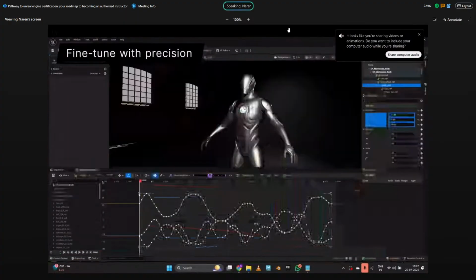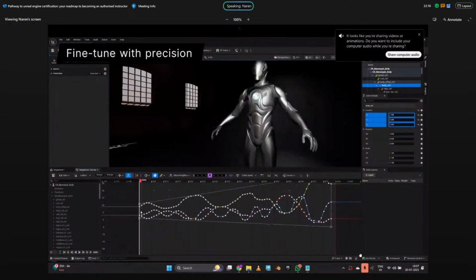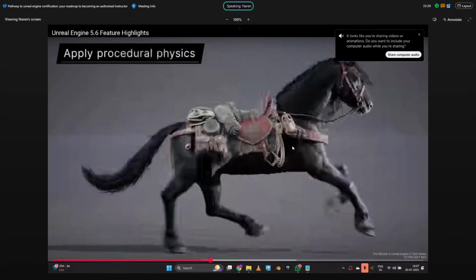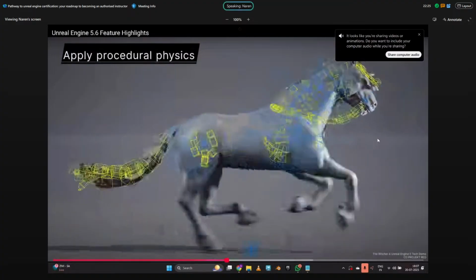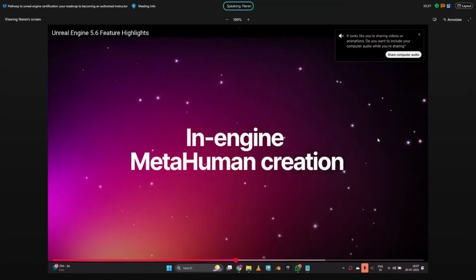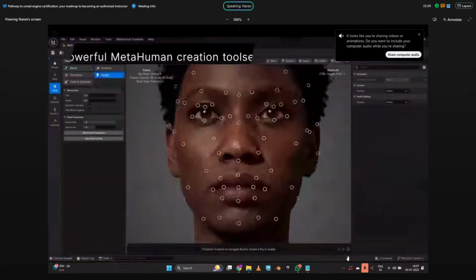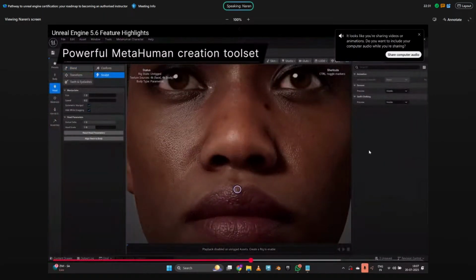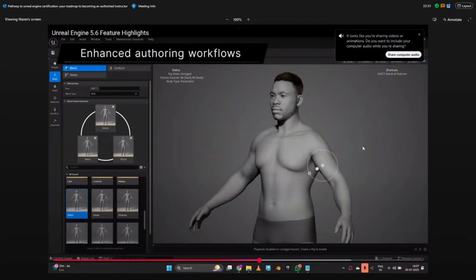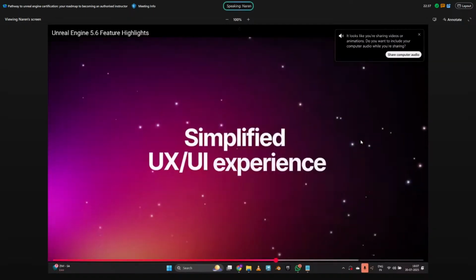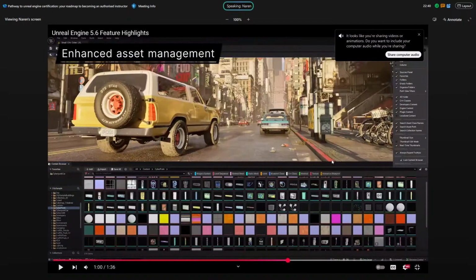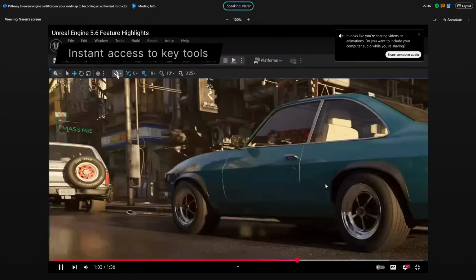Different editors about doing procedural physics with the new rigging and animation tools. And they have something called MetaHumans. You can customize your own characters with a pre-existing model along with the cloth and other different animations. Then comes something called the content browser. The content browser is nothing but an outliner, as in different software, where you plug and play all the content that you have loaded, stored, and are going to manipulate.